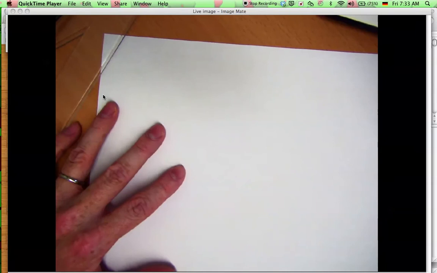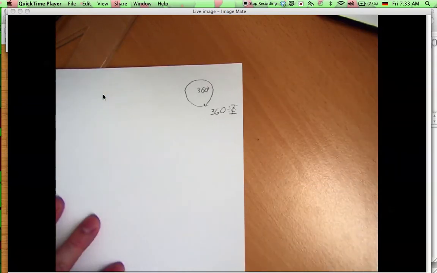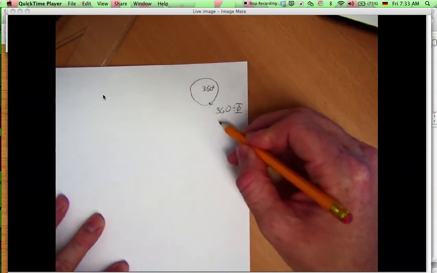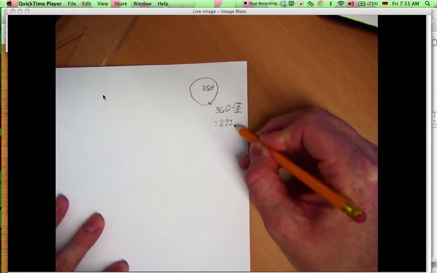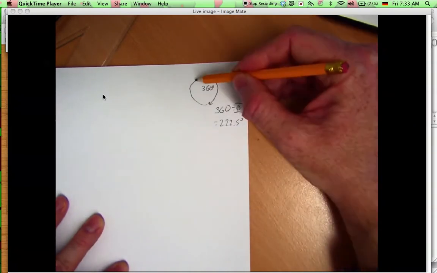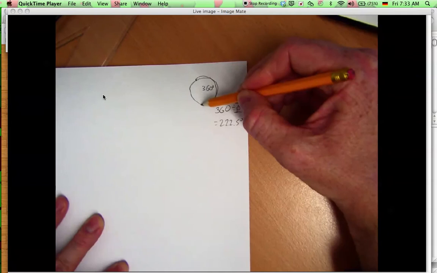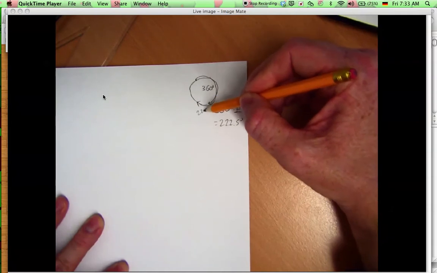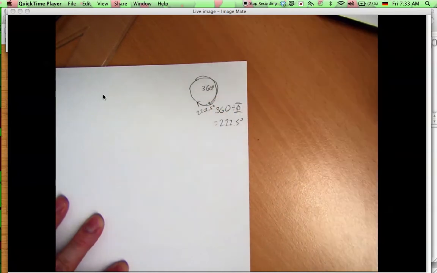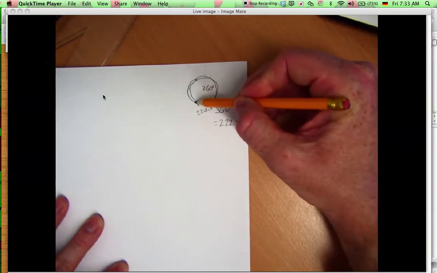Okay, so if you have a circle that's 360 degrees, and you want to go a 5th around the circle, you have to take 360 divided by 5. That will give you 72 degrees. Okay, so a 5th around would be 72 degrees, or you could just go right around the other way of the circle and get